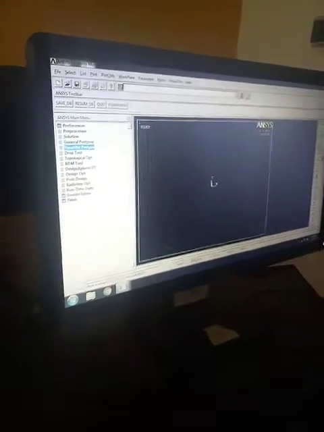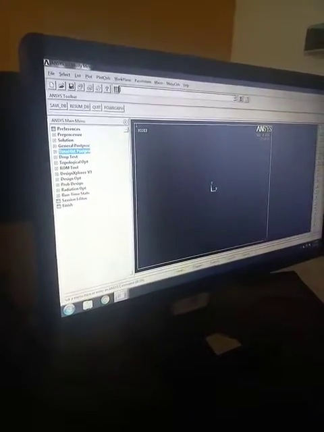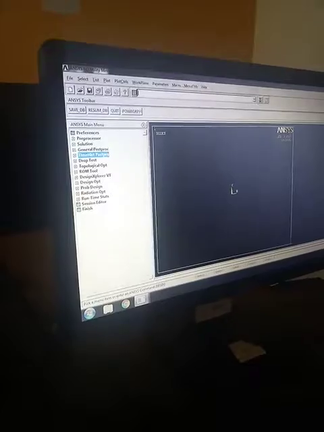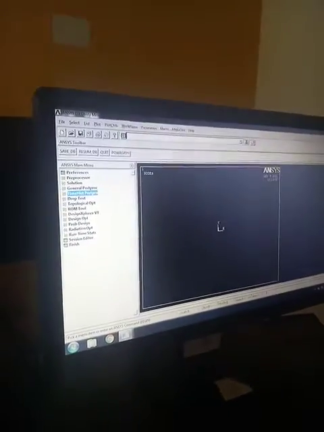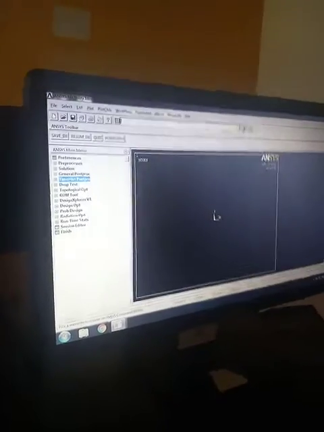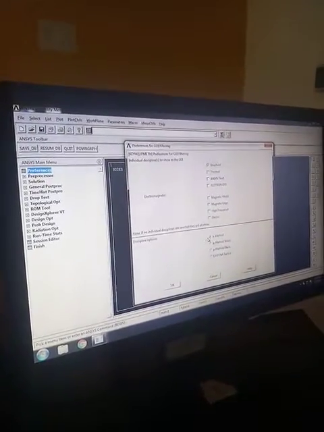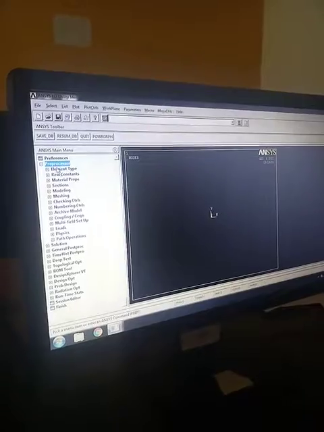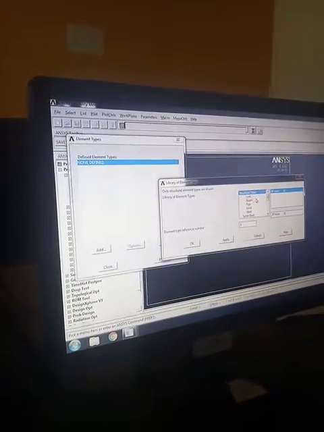Okay. Now let us pass on to the next problem, that is non-linear analysis. As per the notes which I have given, it is P8, that is program number 8. So non-linear analysis. We have to determine a large displacement. So I'll go for preference, structural, H method, okay, preprocessor, element type, add, edit, delete, add, same as it is.